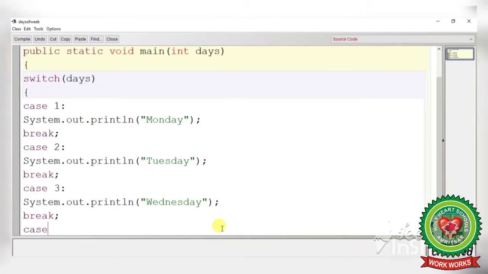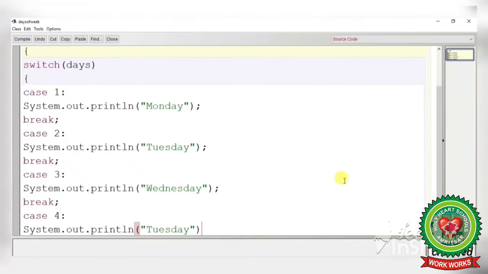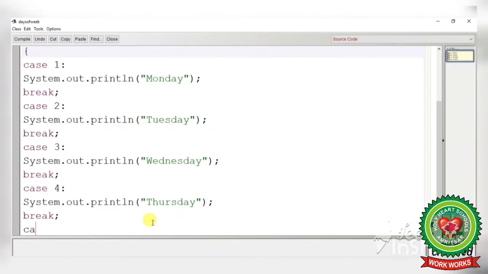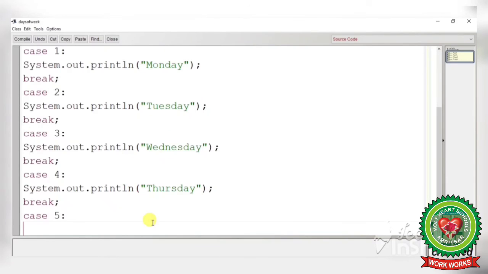Now case 4. In case 4 it will be Thursday. Next, break again. Case 5 colon, and in this line Friday will come.